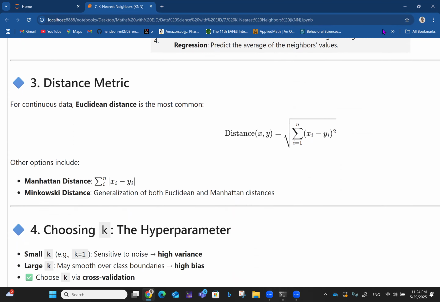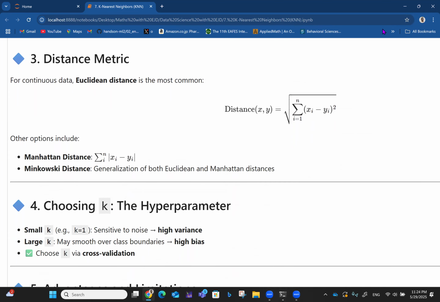Now you can see it's about distances, because when you talk about a neighbor, you're talking about you and the people close to you. So that's a distance metric. For continuous data, Euclidean distance is the most common. If you have continuous data like the iris data set, where some of the lengths are like 5.3 and things like that,